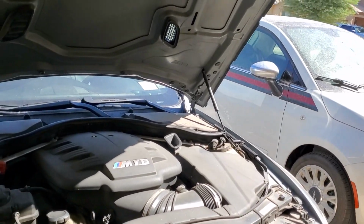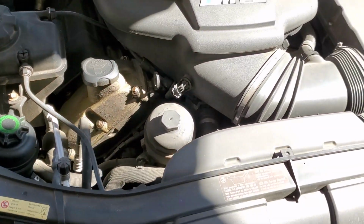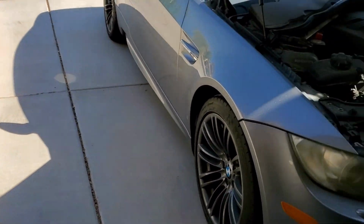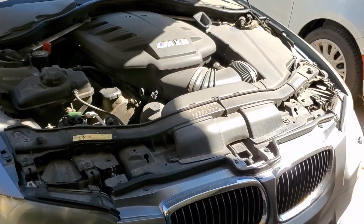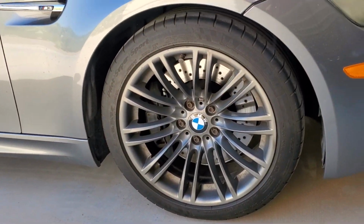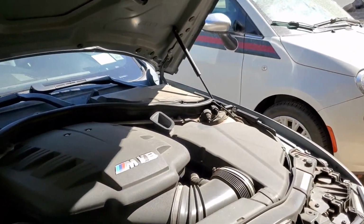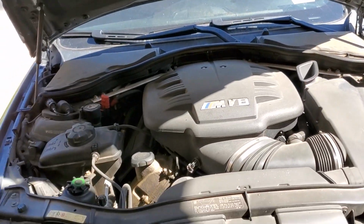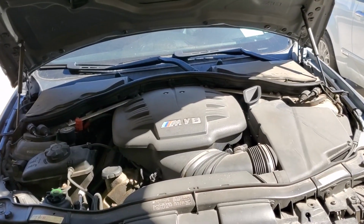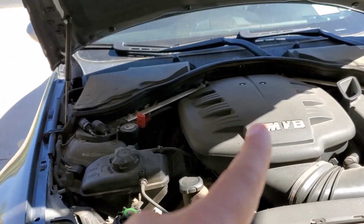Things I also need to do, probably flush the radiator. Okay, I need to probably do the transmission, do the differential, change all the fluid, the brake fluid in the car. I need to change the actual brakes too, because they need to be done. Just a lot of stuff with the car, right? And it's not that I'm neglecting it or anything else, because the car runs great. It's just a simple fact that I don't have a lot of time these days, you know, in between, you know, this car